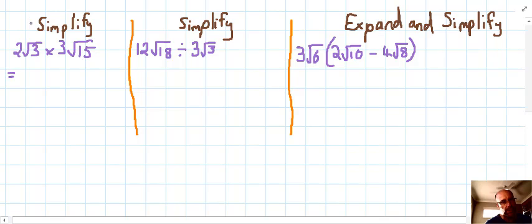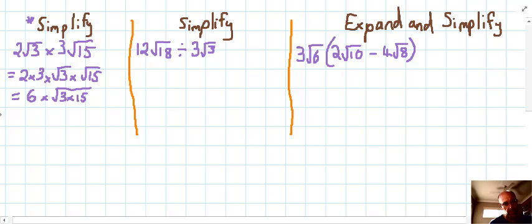Okay, the first one on the left, simplify. So we're simplifying 2 root 3 times 3 root 15, and we can reorganize it. So constants, 2 times 3 times root 3 times root 15. Then we can apply some simplifying strategies. 2 by 3 is 6, and root 3 times root 15 is root 3 by 15, all under the same radical, which is 6 times root